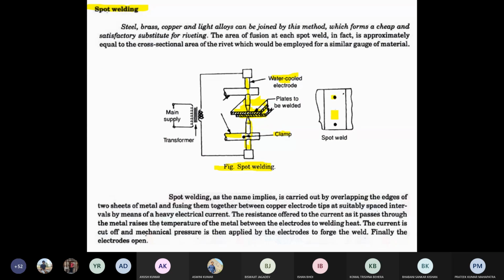Spot means pin-tip electrodes: you place two pin-tip electrodes face to face, and between these two pin-tip electrodes the plates to be welded are placed. Now what happens? Your main supply is there, meaning a transformer. You are providing very high voltage, and a choke coil is there for producing the high voltage. So that high voltage appears across these two